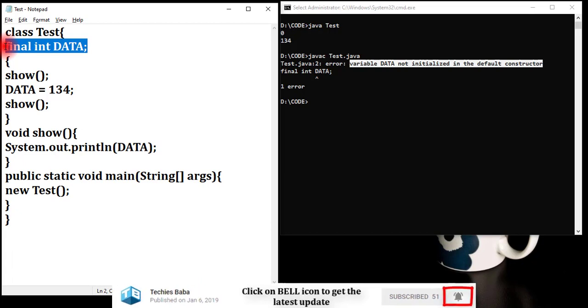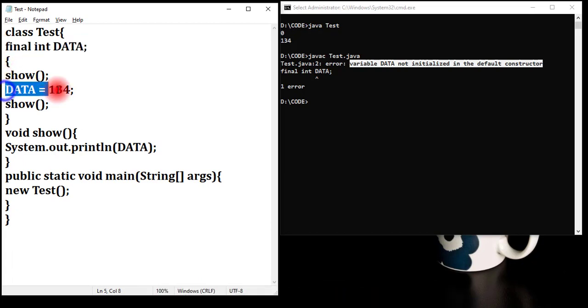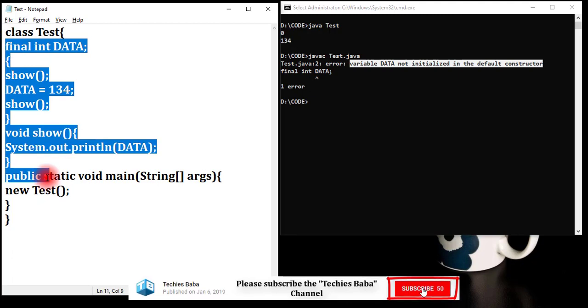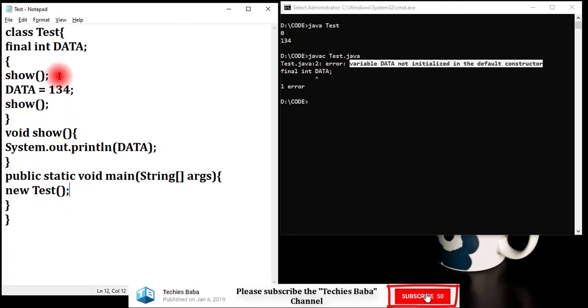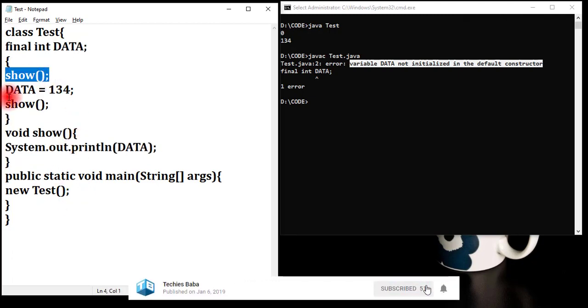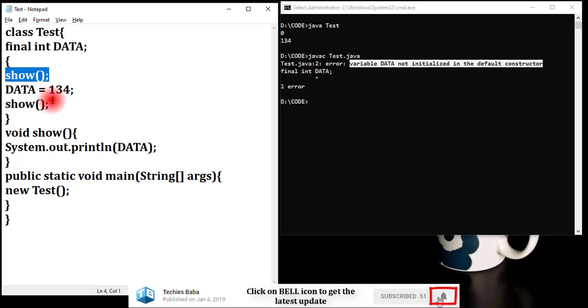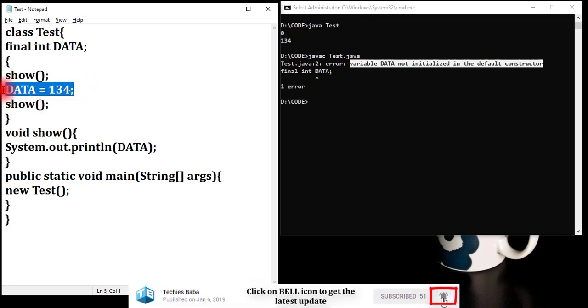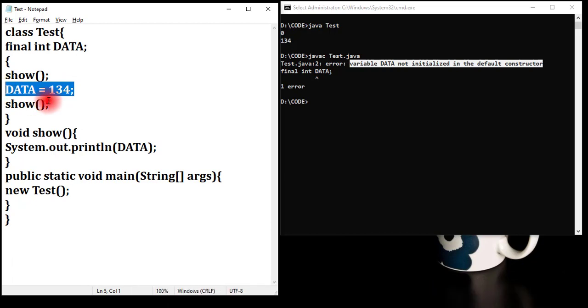If not, you initialize somewhere but don't use it before initialization. If you try to use the variable before initialization, you may get the error. But this code is just to show that whenever the memory is allocated by the JVM, there is a value available inside the memory, and that will be replaced by the value that you are providing.